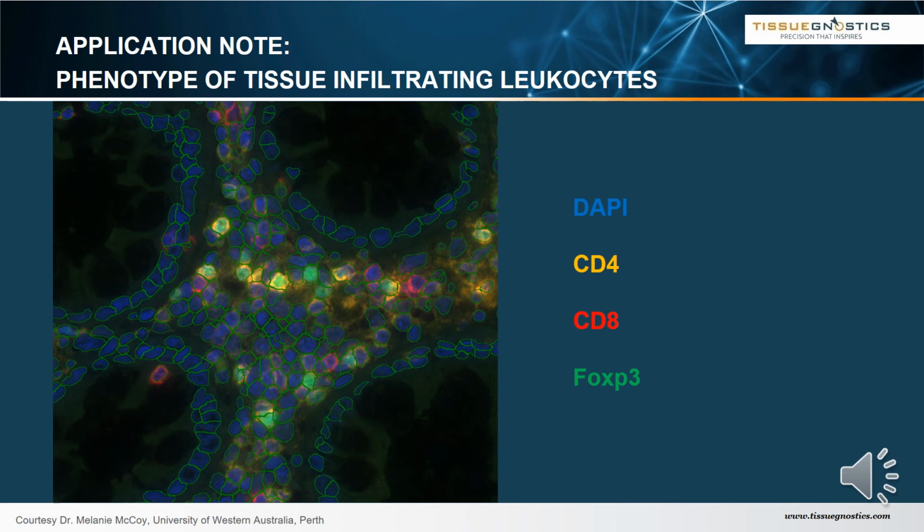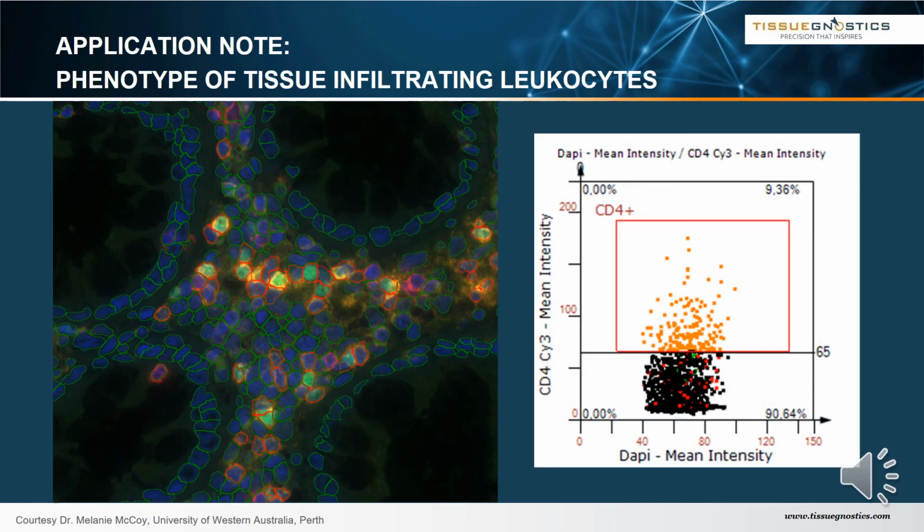Using the nuclear marker, here DAPI, as a master channel, we see what the software recognizes as individual nuclei, indicated by the green contours. And then, for each individual cell, we measure how much yellow, how much red, and how much green is present. And of course, this measurement can be extended to any number of cells and any number of channels per cell.